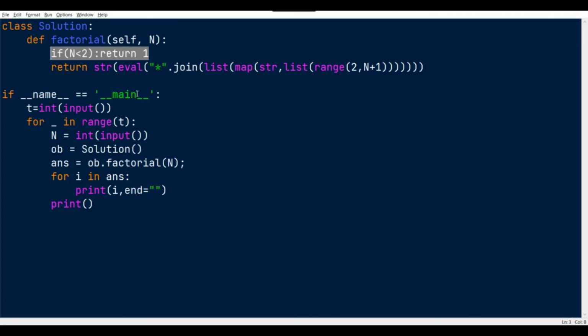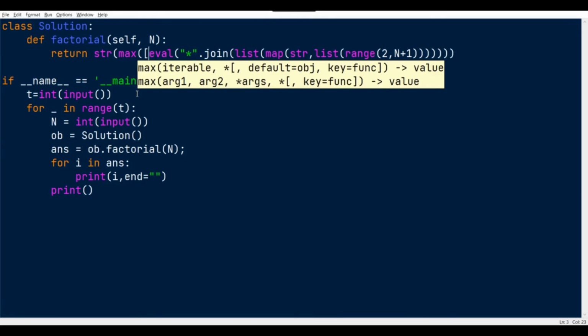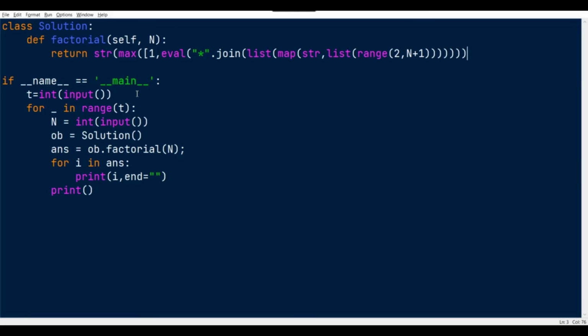And instead of these values, we can simply say something like max of 1 comma, okay, str. Yeah, we're all set.